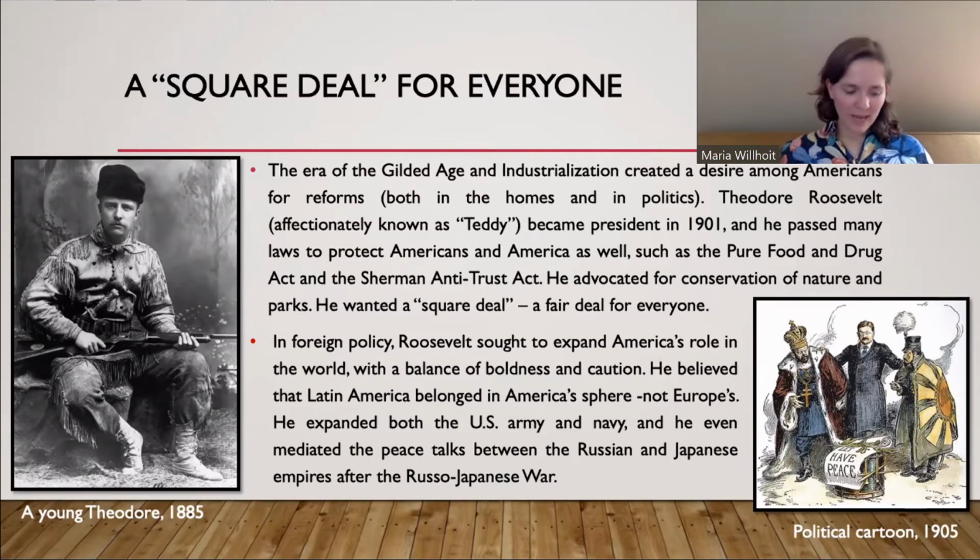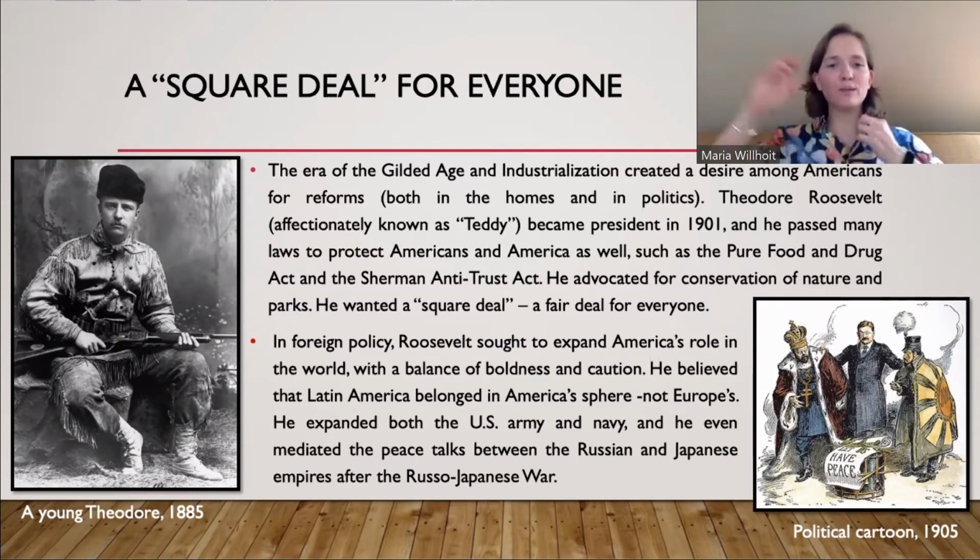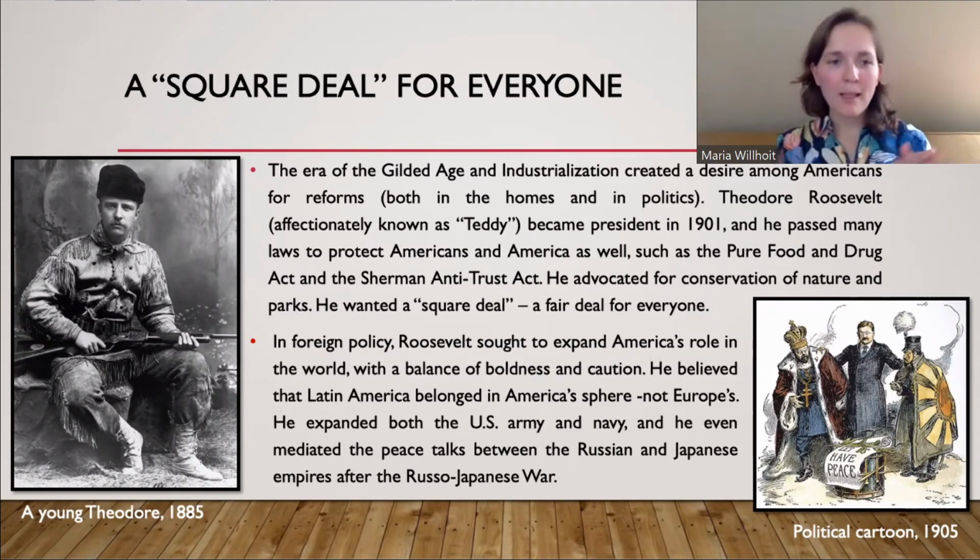And so beginning in 1900, you start to have the era of what we call progressivism in America. A lot of Americans are fed up with that. There are so many people getting wealthy, industries are growing, but they're not being treated well. And one of the first progressive era presidents is Theodore Roosevelt. He becomes president in 1901. And he's really, I would say, the first major progressive president in terms of making progress for the average American.